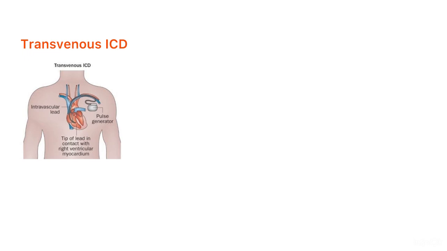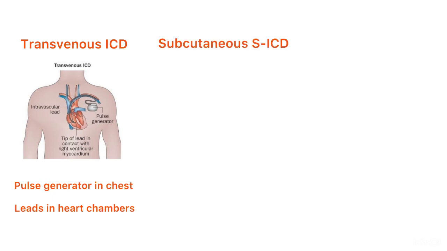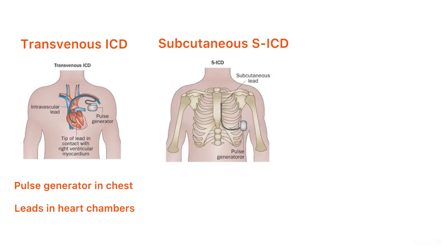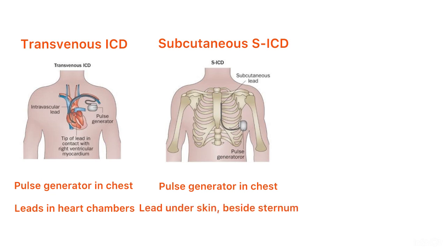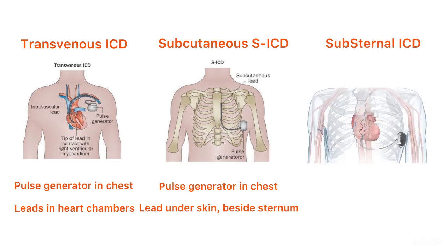The device is implanted under the skin, typically in the chest. The leads are placed inside the heart's chambers, usually in the right atrium, right ventricle, or both. Subcutaneous implantable defibrillator (SICD). The device is implanted under the skin on the side of the chest. The single lead is positioned along the left side of the sternum, breastbone, just under the skin. Substernal implantable cardioverter defibrillator. The device is placed under the skin, similar to SICDs, but the lead is positioned in the space under the sternum, substernal space.